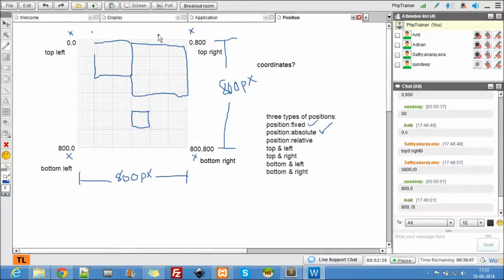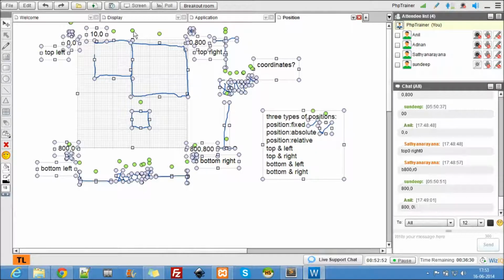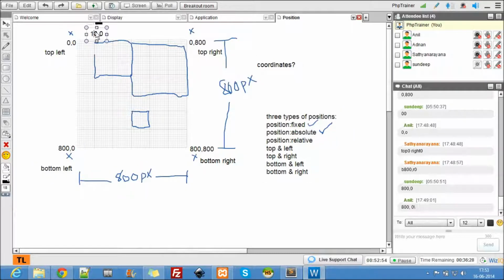Let me write it actually. This is an example. So the left here is 10 pixels and the top there is 0 pixels. Or let's take it the reverse: 0 pixels top, 10 pixels left.